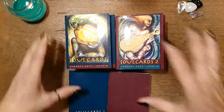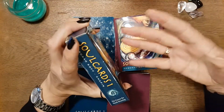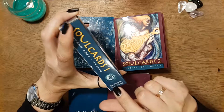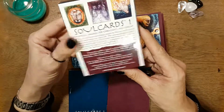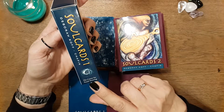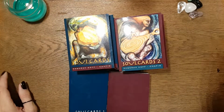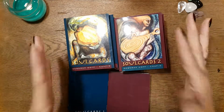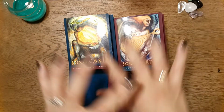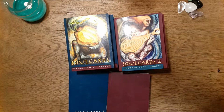They are created by the method called touch drawing, and I don't know where the cards were published, but it is by the Center of Touch Drawing. This is the way that Deborah was creating. She was literally using her fingers and the fingernails to create those paintings. She was really putting